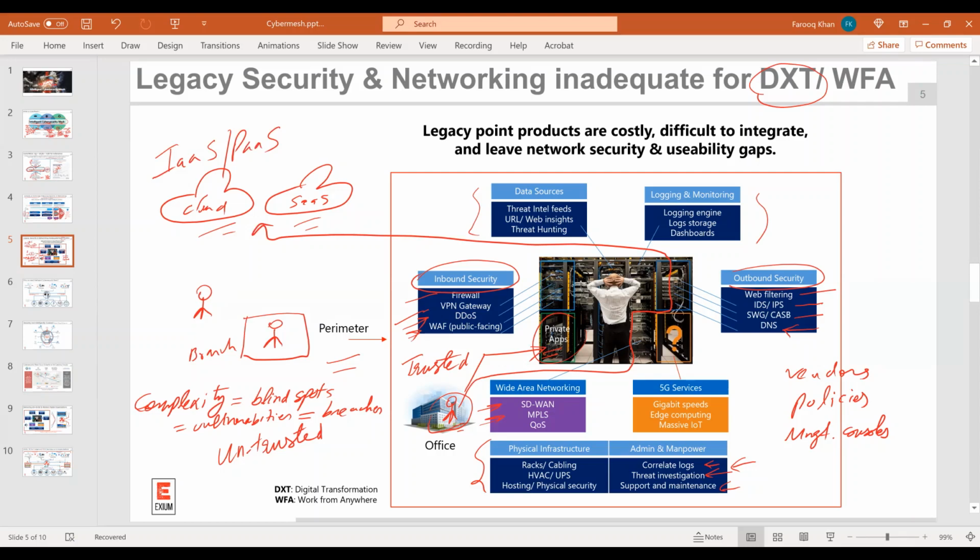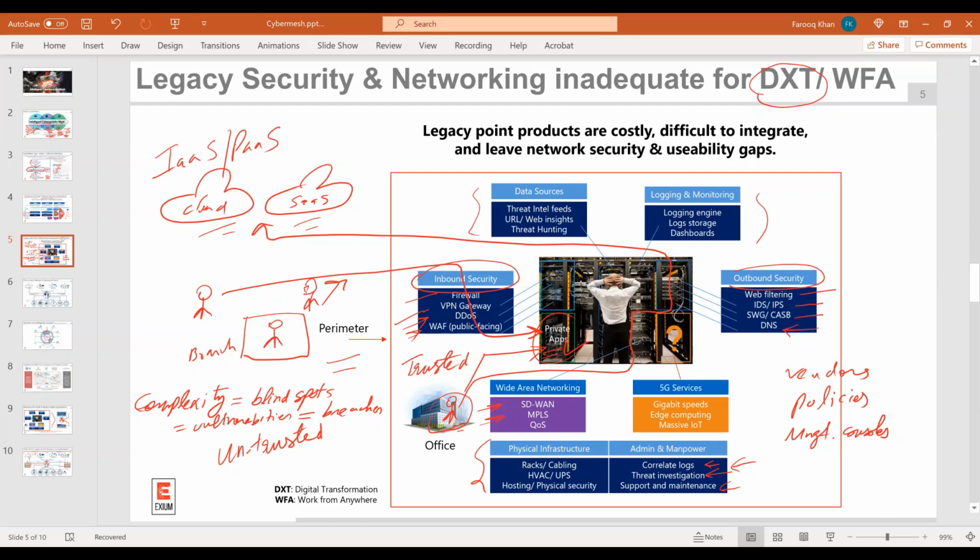If you're a remote user, you want to access the private applications over here, you're going to come through the VPN gateway like this over here. Still okay, probably from the performance point of view, but there is a security risk. You have seen now, even there can be a bad guy over here, and if they are able to get access to your VPN credentials, they can come into the network, and now they have access to all your trusted zones. We have seen during the pandemic, there were a lot of attacks that happened through the VPN gateways or